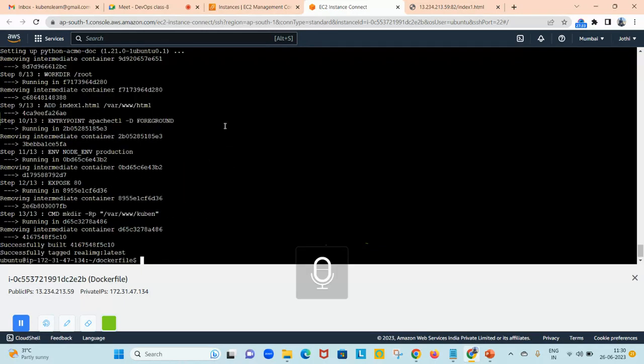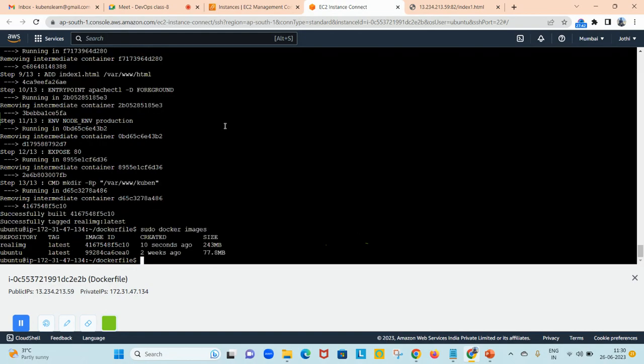See, it is doing multiple things, right? If we are doing all these things manually, it will take a lot of time. Sudo docker images. So the image is created. Let me try to build a container. Run a container. Sudo docker